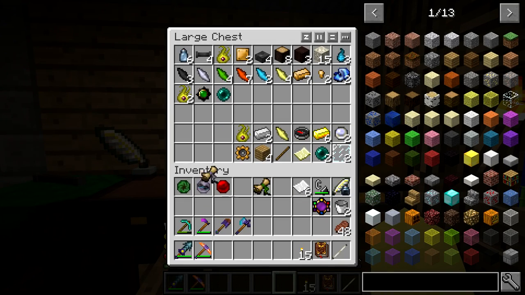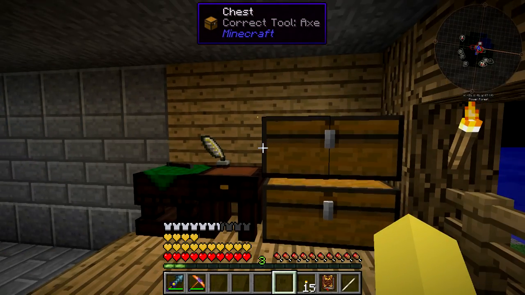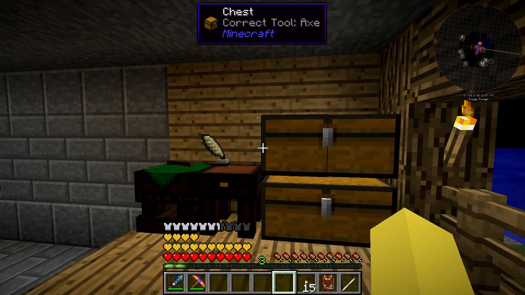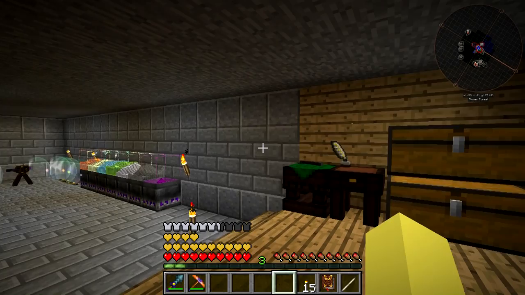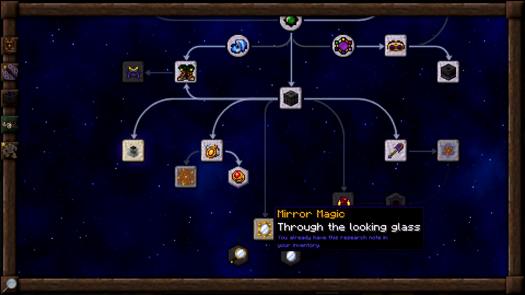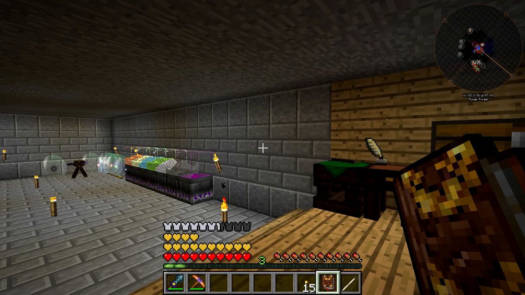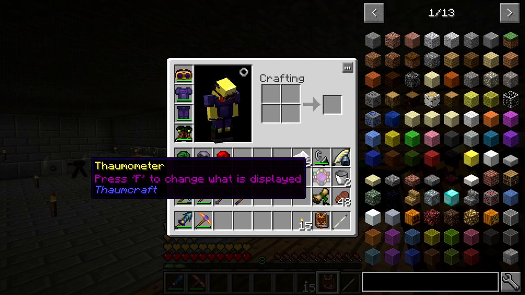So we're going to start out with these two pieces of research, and I guess we should start out with the magic mirrors because we kind of have two different branches of research that we need to do. Now, you might notice if you open your Thaumonomicon right away that you do not have the ability to research magic mirror. It's actually called mirror magic, but pretty much what you need to do is take out your Thaumometer